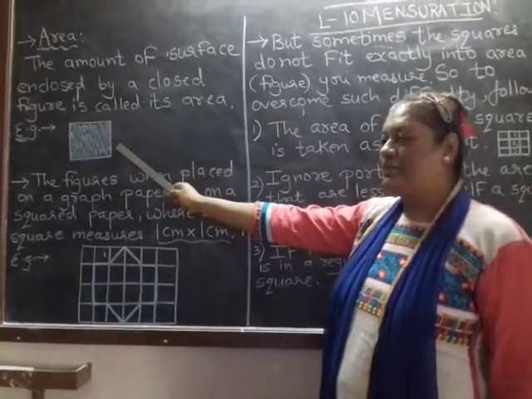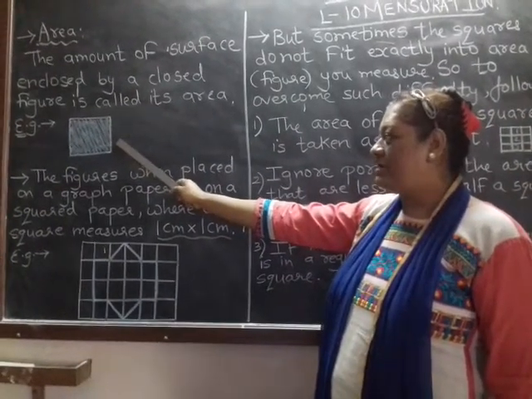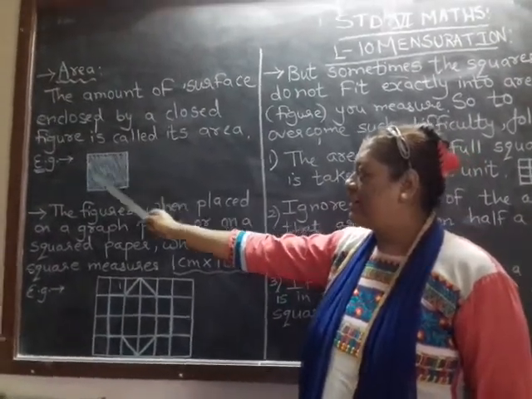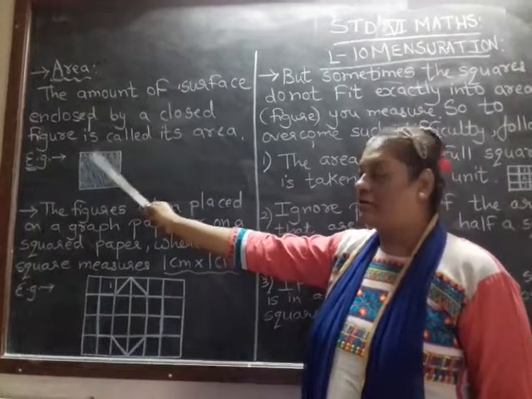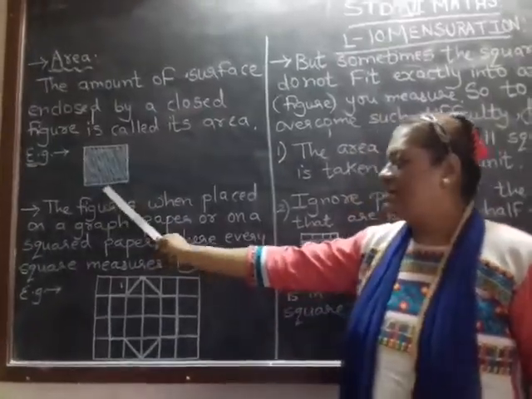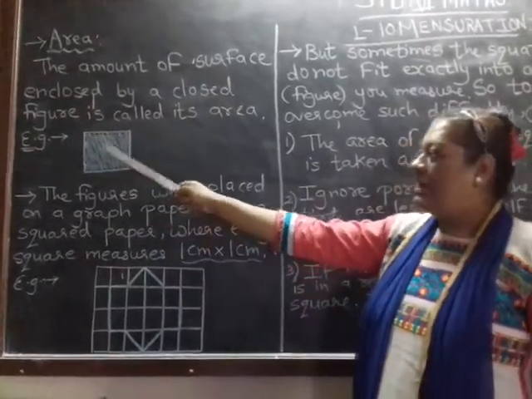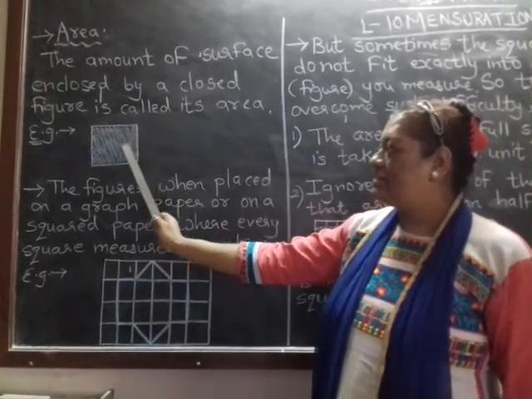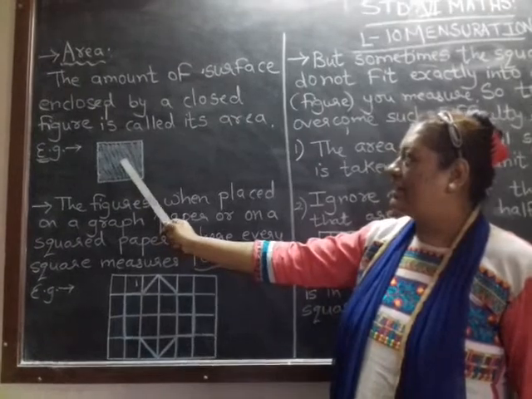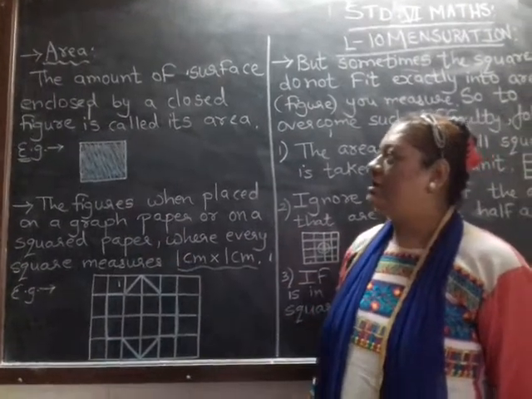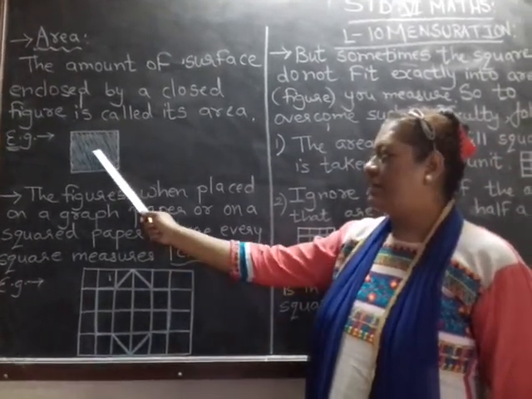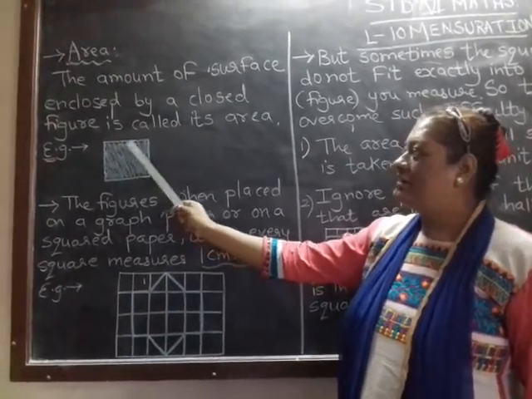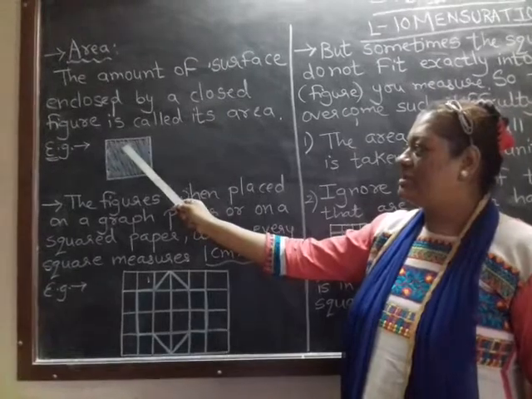You can see I had given you an example. I had drawn a square and with the blue color I had just shaded inside the closed figure. Closed means closed from all the sides. This is a closed figure and this blue color indicates area, right? This is what is called area, the amount of surface enclosed by a closed figure. So when we have to count or calculate area, we have to check the portion which is covered